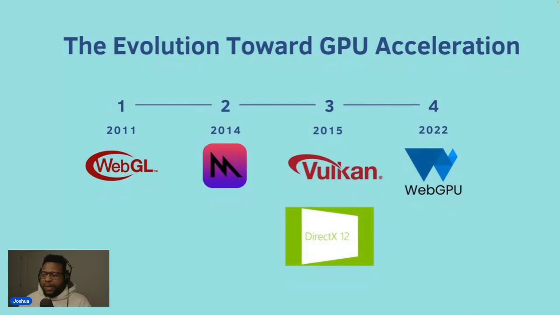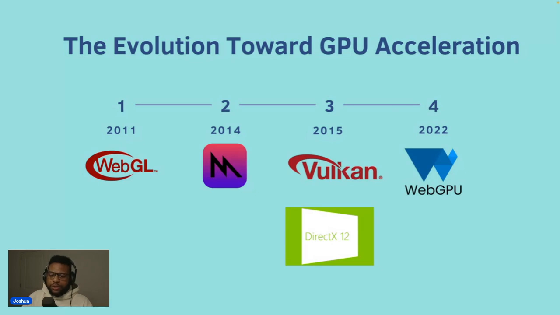So, as I mentioned, WebGL started in 2011. And to keep up with this evolution, as I mentioned, we have Metal, Vulkan, Direct 12. These were a whole new breed of APIs that were developed to efficiently interact with the modern GPU hardware. So these APIs are still supported to this day. They're really powerful. However, the